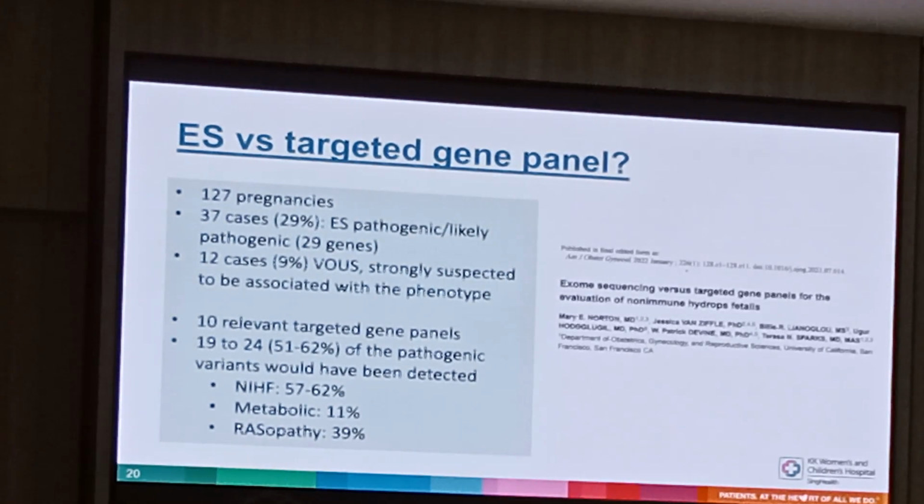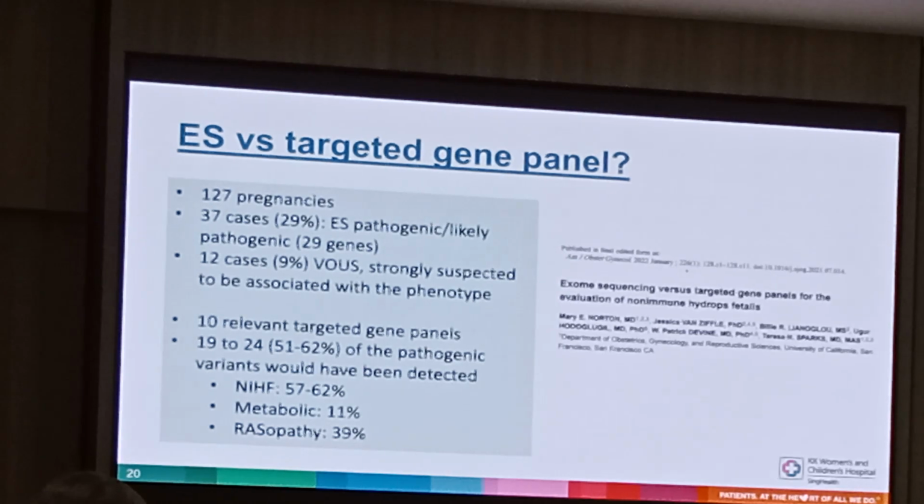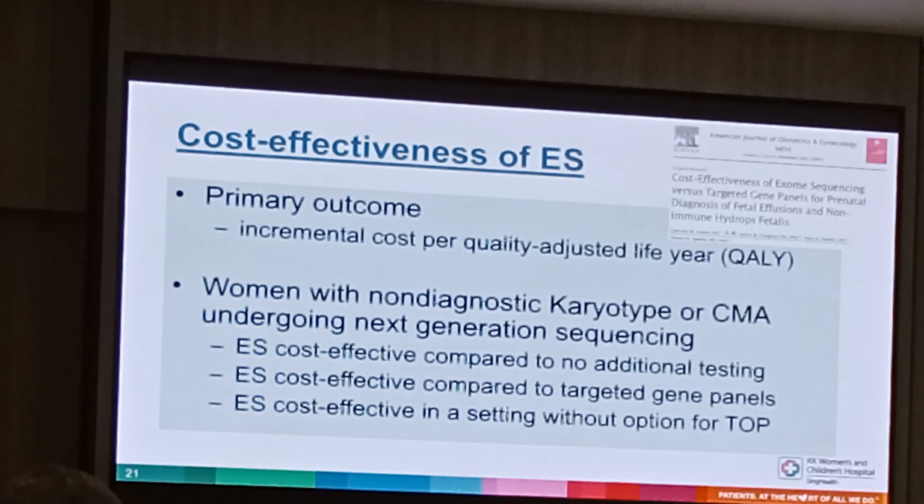So, for example, there's a study looking at fetuses that were suggestive of skeletal dysplasia on an ultrasound, as a cause of non-immune fetal hydrops. If a skeletal dysplasia panel was ordered in those cases, it would probably have picked up most of these cases. Now, we said before that exome sequencing is expensive, and that's very often the reason why we don't use it